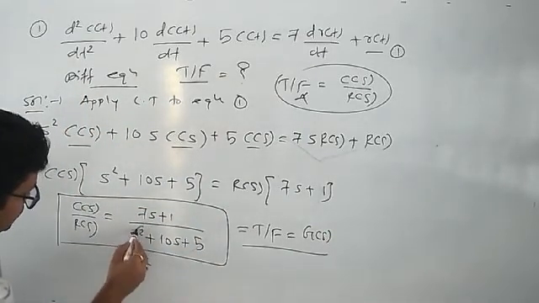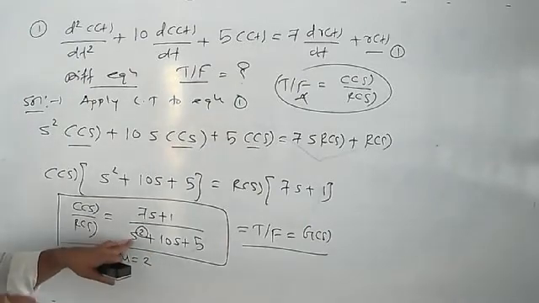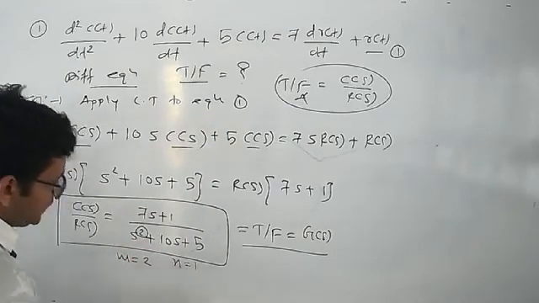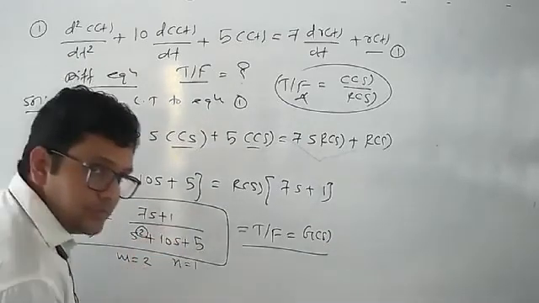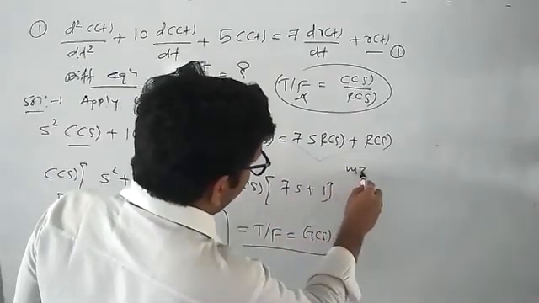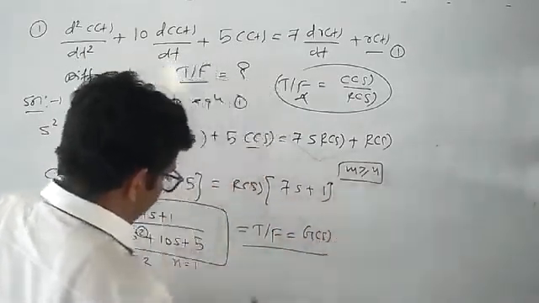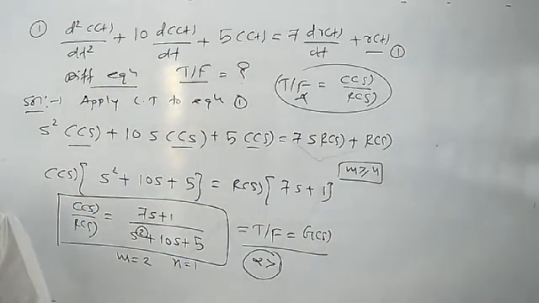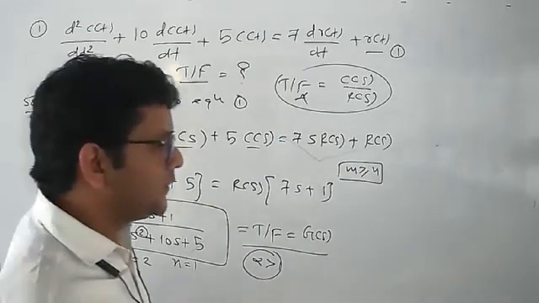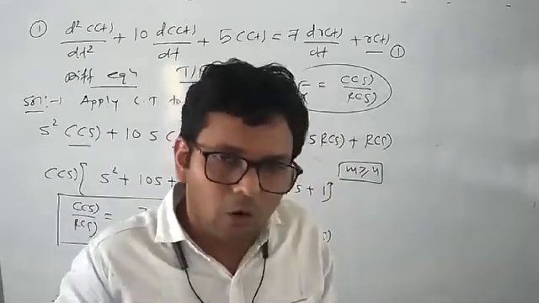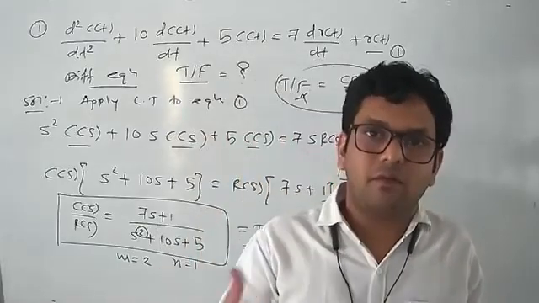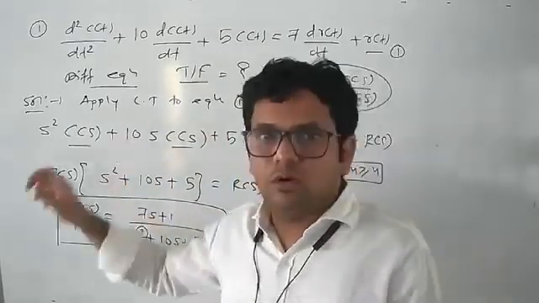Now if you compare this equation with our general standard form, the value of m is nothing but 2. The highest power of s in the denominator polynomial is 2, and the highest power of s in the numerator polynomial is 1. And I told you that for any physical system, the value of m is always greater than or at most equal to n. So here 2 is greater than 1, which is applicable. So this is the beauty of transfer function, and the basic concept behind it. What is transfer function, how to define it, and what are its basic properties, you have to remember.